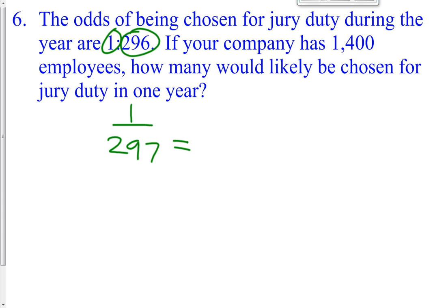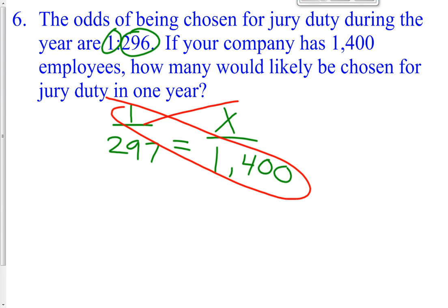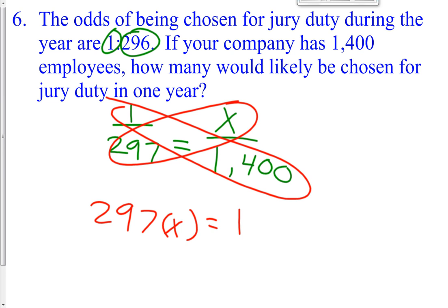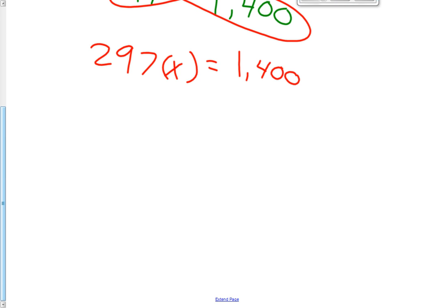So if one serves for jury duty out of 297, how many are likely to be chosen for jury duty out of the 1,400 employees that you have? So that's how you set up that ratio, that fraction. It's a proportion, so you're going to cross multiply. This equals this. So 297 multiplied by x equals 1 times 1,400. So now you're going to simply divide both sides by 297. And when you divide by 297, you get x is approximately